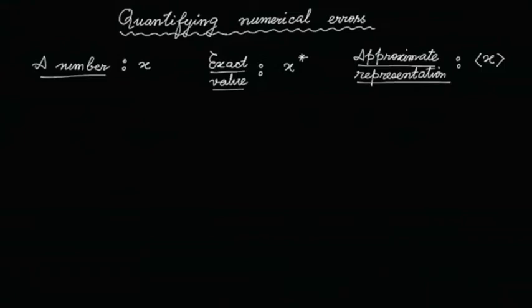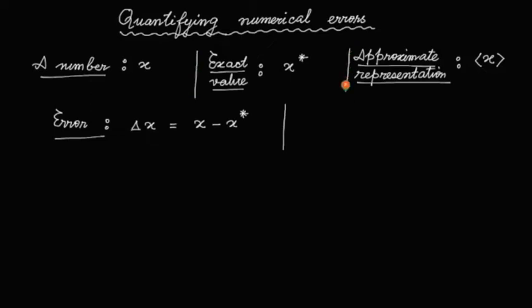Now error. So what will be the error in representing this number? Well, let me write this as delta x. So this is x minus x star. Or if we choose to write it as x star minus x as well, it does not matter. So this has a sign depending on whether x is greater or x star is greater. It does not matter whether you write x minus x star or x star minus x once you do that consistently for all the numbers. Okay, so it's your convention what you write, but you see that it depends on a convention. And because of that, we introduced the concept of absolute error,